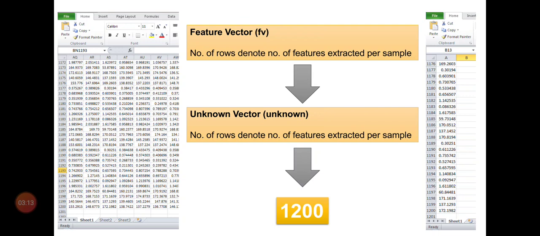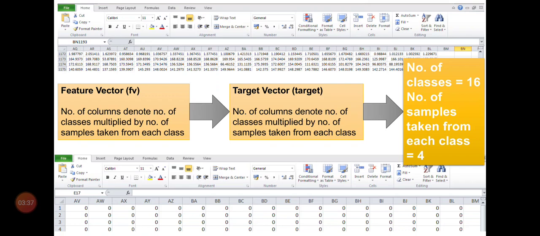So just check here: the feature vector FV and the unknown vector both have the same number of rows, denoting the number of features extracted per sample. Here the value is 1200, that is, 1200 features have been extracted per sample. Now the feature vector FV and the target vector both have an equal number of columns, denoting the number of classes multiplied by the number of samples taken from each class.